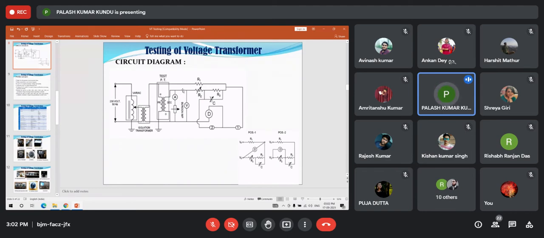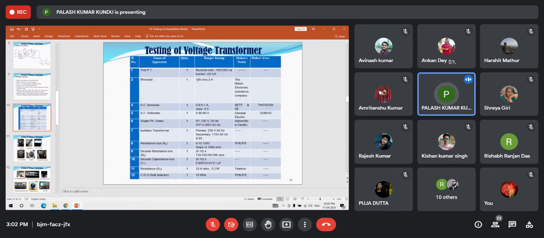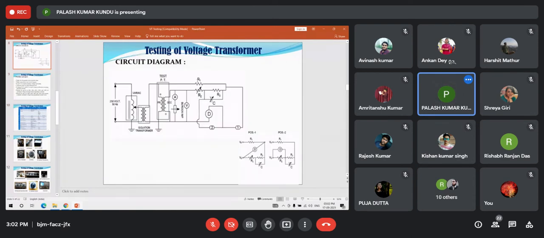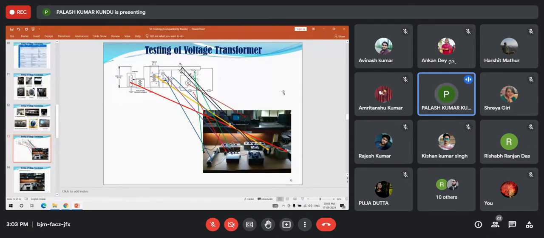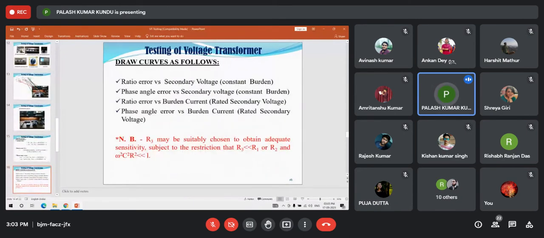And the secondary voltage can be varied very easily by varying the primary voltage. So this must be kept in mind. This is a very important condition. It is not that when you vary the secondary voltage, the impedance should be constant. If the impedance were constant, the burden would change because the current will increase. So how is it possible to maintain 25 VA? The current should be proportionally decreased so that their product remains at the constant value, that is 25 VA. This is a very important part of the experiment, an important condition of the experiment.